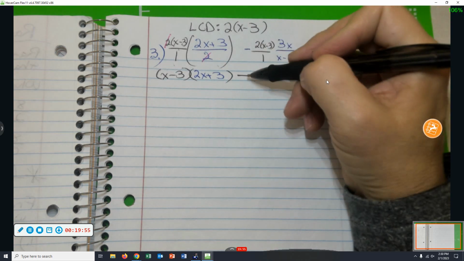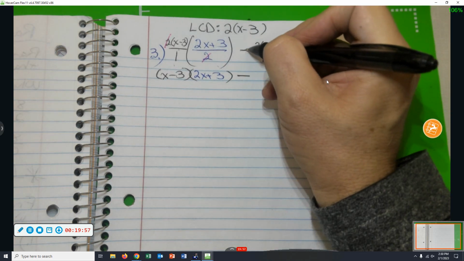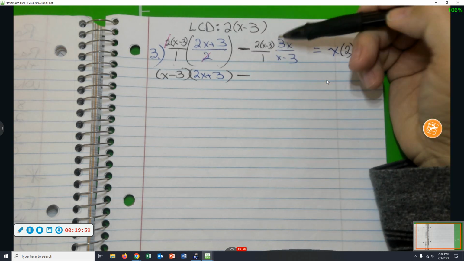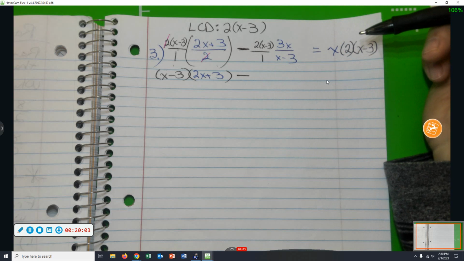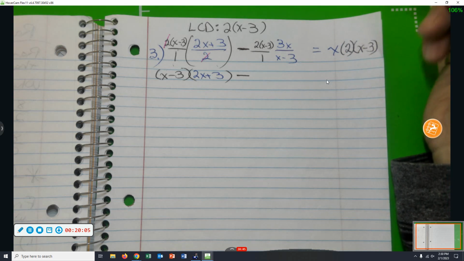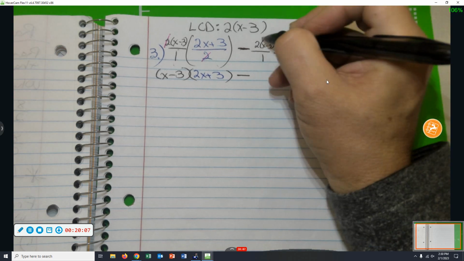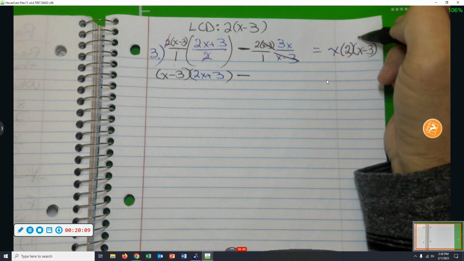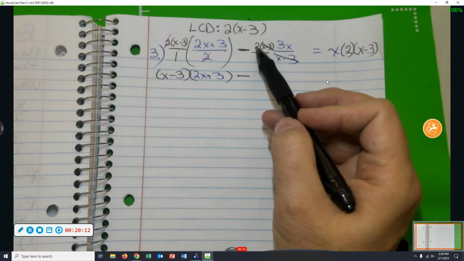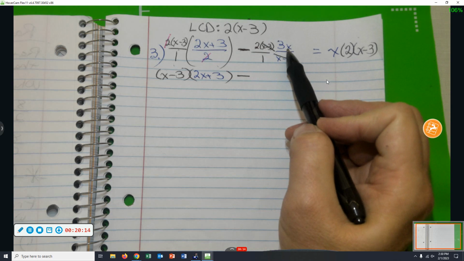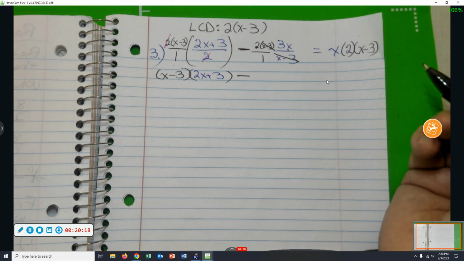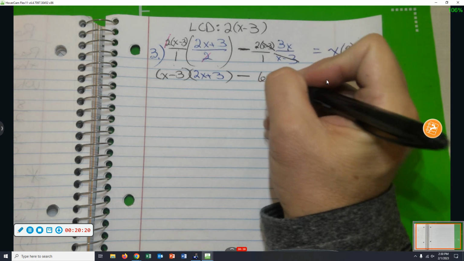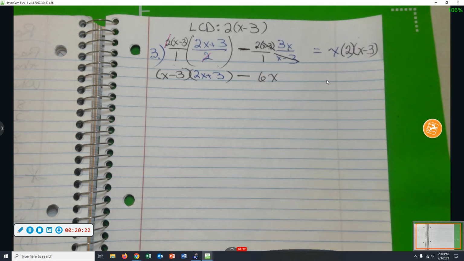Minus, this minus here is this minus right here. Look at that second product. What's going to cancel? The x minus 3, x minus 3. So we have a 2 times 3x. I can do that in my head. What's 2 times 3x? 6x, I agree. Equals,